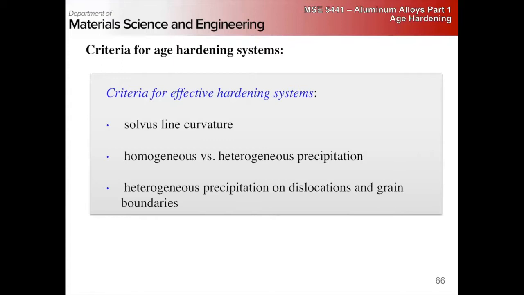The only way we can do that is by homogeneous nucleation. So we need to have a low barrier, a phase that's easy to grow, right? Because heterogeneous precipitation tends to happen on dislocations and grain boundaries. So that doesn't always translate into,